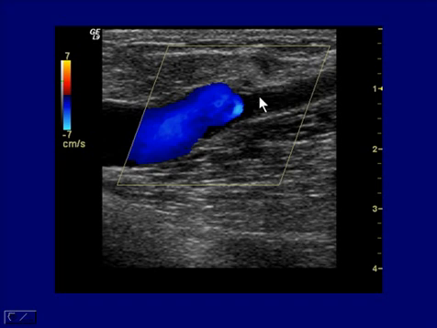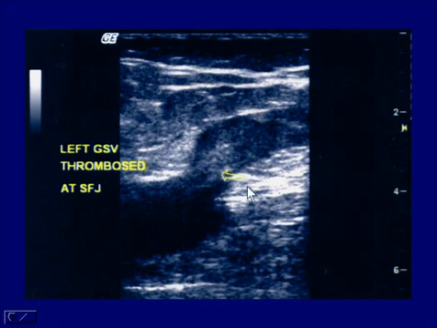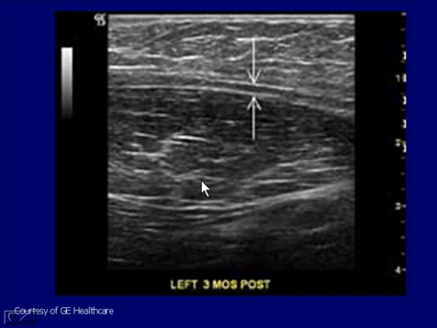Following an ablation procedure, we can see the common femoral vein here and a little bit of flow still through that saphenofemoral junction, which is essentially coming through the superficial epigastric vein. This is what we don't want to see. We don't want to see thrombus here extending down through the saphenofemoral junction. This is obviously a potential problem for embolic disease and pulmonary embolism. This image shows a very, very thin fibrous cord where we can barely make out what was the great saphenous